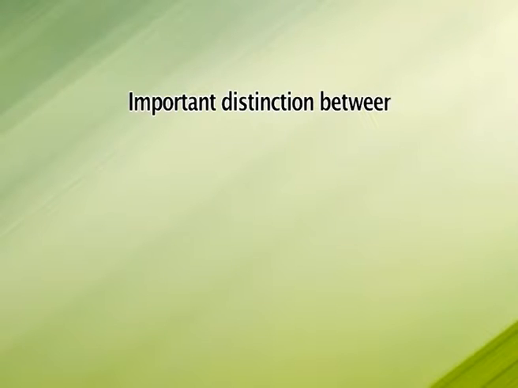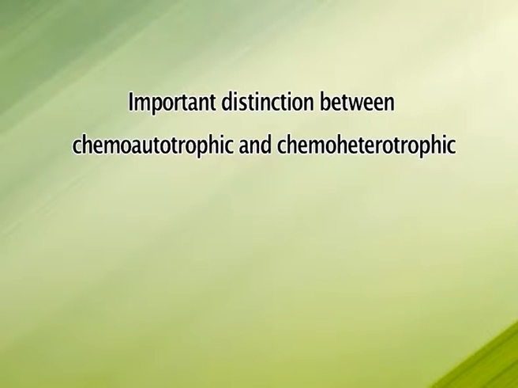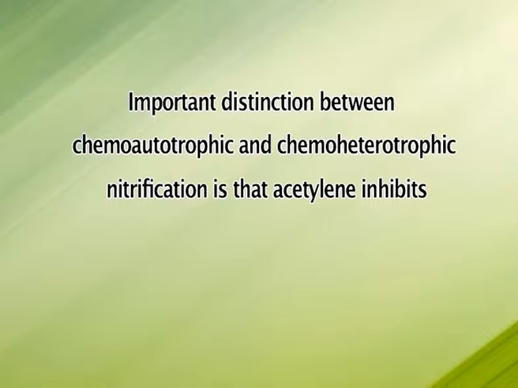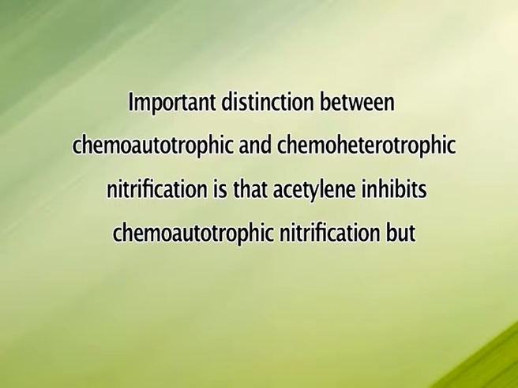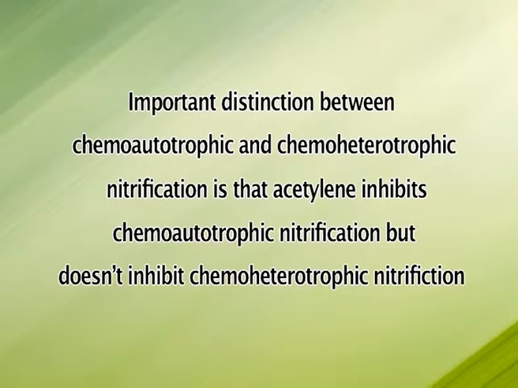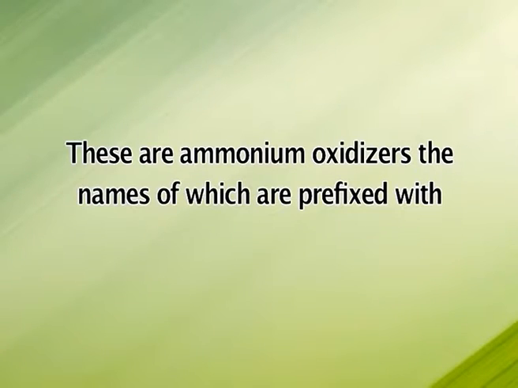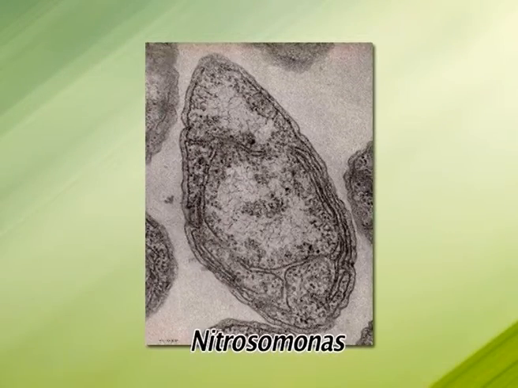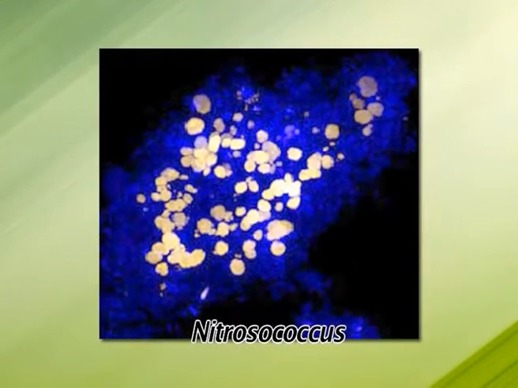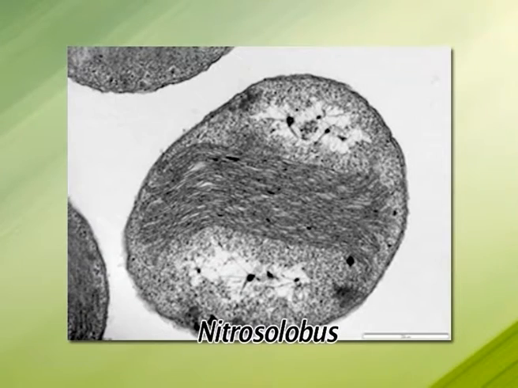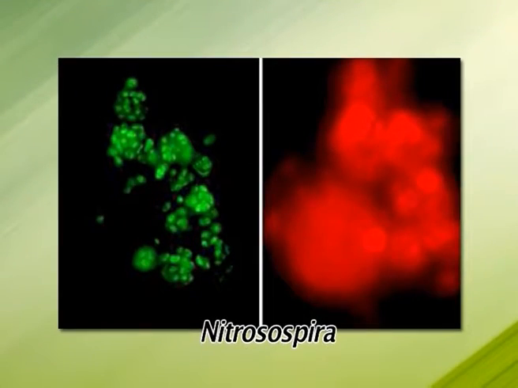An important distinction between chemoautotrophic and chemoheterotrophic nitrification is that acetylene inhibits chemoautotrophic nitrification, but it does not inhibit chemoheterotrophic nitrification. Nitrification occurs in two steps, and there are two groups of nitrifiers identified on the basis of the reaction they catalyze. These are ammonium oxidizers, the names of which are prefixed with nitroso, like Nitrosomonas, Nitrosococcus, Nitrosolobus, Nitrospira, etc.,